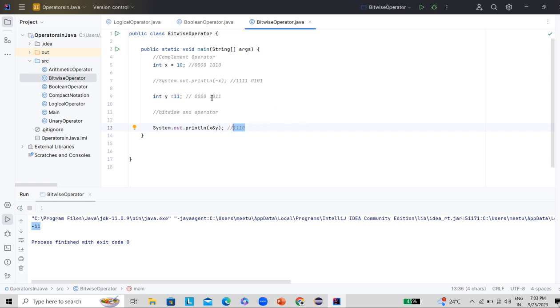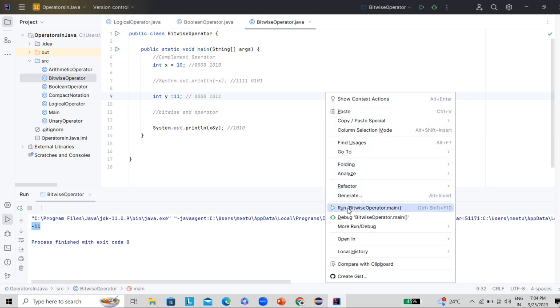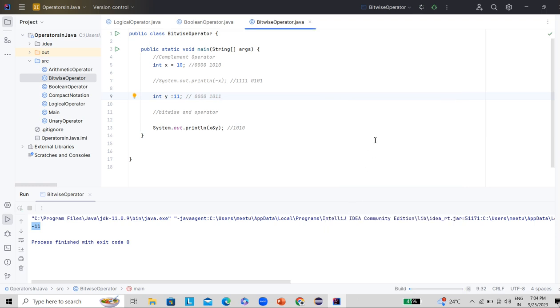The first digit is 1, and here is also 1, so 1 and 1. If both are the same, it is going to print the same value, otherwise it is going to print 0. So the second position is 0, here also 0, so it prints 0. Then this is 1 and here also 1, the same value, so it prints 1. Here 0 and here 1, both are different, so it prints 0. So what is the value in decimal? This is on the second position, so 2, and this is on the 8th position, so 8. 2 and 8 is 10, so it is going to print 10. Let's execute this program and see. Yes, it is printing 10.